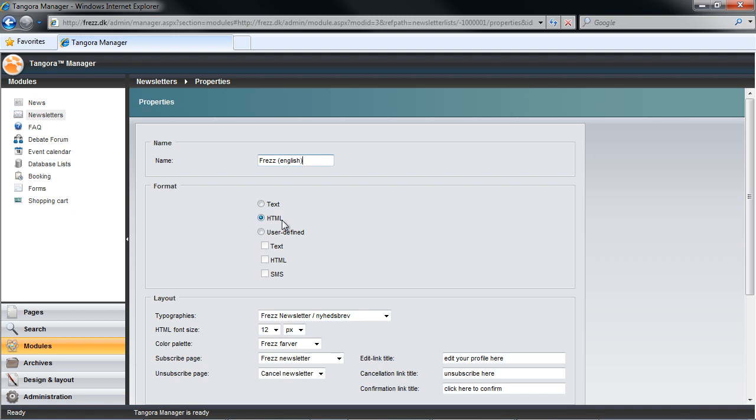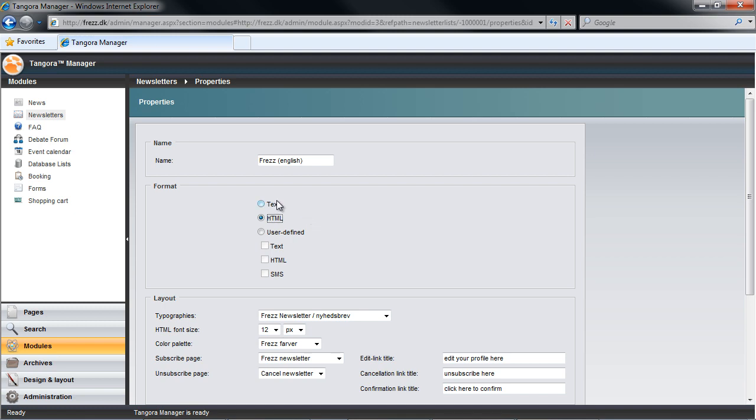The next area we have is called Format, and here we can decide if an email should be in text format, HTML format, or we should give our subscribers a choice of which version of the newsletter they'd like to receive. In the current setup, we can see that we've selected HTML, which means that we're assuming that the recipient's email client is capable of showing formatting such as pictures and links, etc. In many cases, this should be a fine solution because nowadays most email clients can handle HTML formatting. Though, as I've mentioned before, we'll see that the control we have over the final display of our email will be limited depending on the mail client.